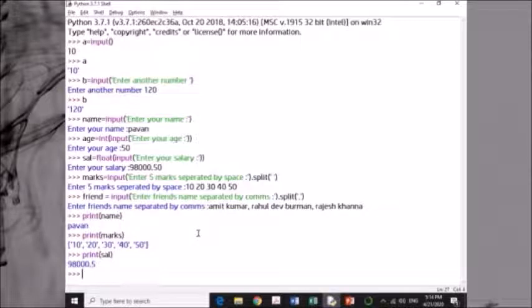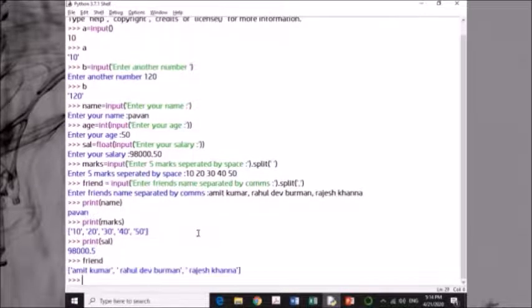Or simply print friend. Friend is a list, but look at how the list is created: Amit Kumar is just one string, because it is separated by comma, not by space. Otherwise, if I split it by space, Amit would be one friend, Kumar another, Rahul another, Dev another. But here Amit Kumar is one friend, Rahul Dev Burman is another friend, Rajesh Khanna is another friend, and so on.